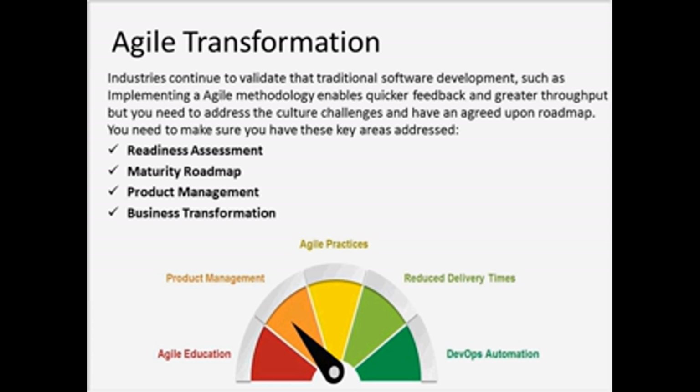Your product management needs to be aligned. And that's from if you have a large monolithic system and you're trying to do Agile and Agile testing associated to it, you have to take the time from an architecture standpoint to look at how you